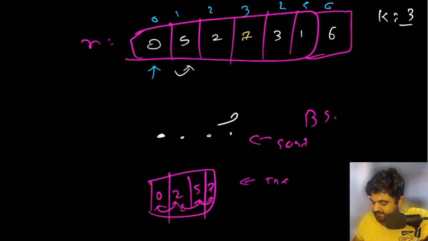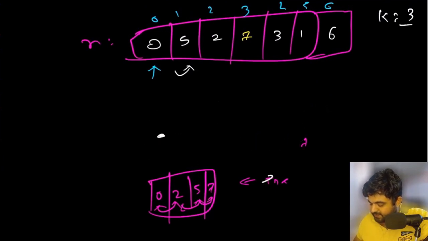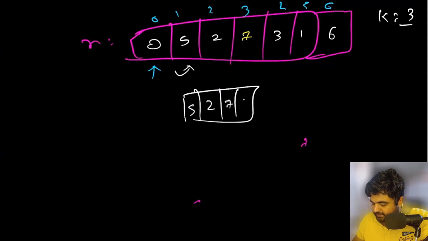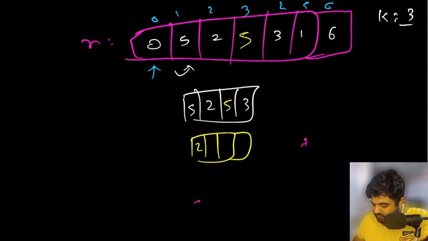Again, in the same way, we would repeat the same process for the next window, which is currently comprised of the values 5, 2, 7, and 3. Okay, let me fix this one. This one should be 5, not 7, so 5, 2, 5, 3. If we sort this window, the answer we get is 2, 3, 5, 5, and we found 2 back-to-back values that are the same. So in this case, we can return true.